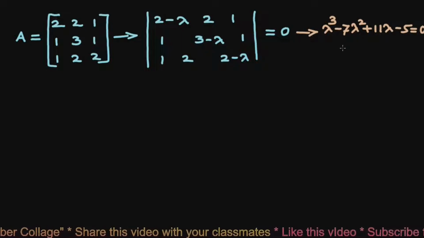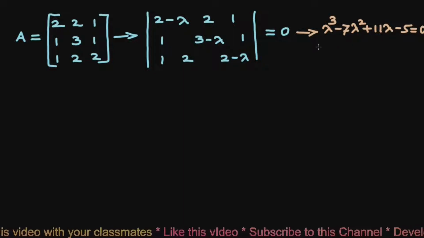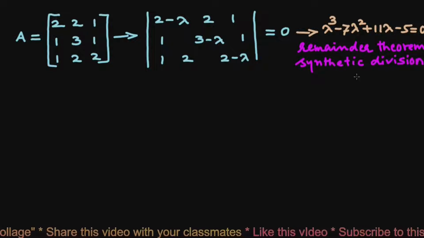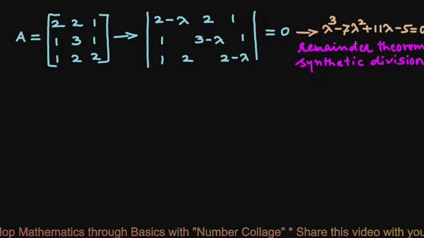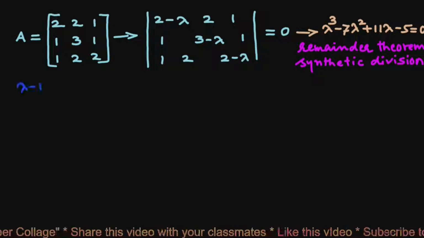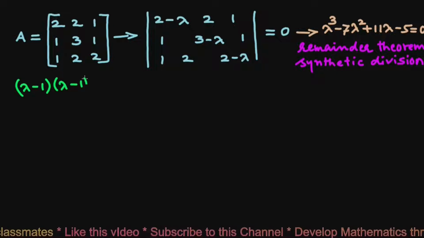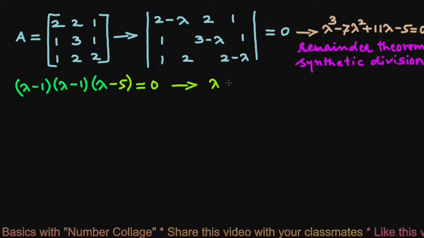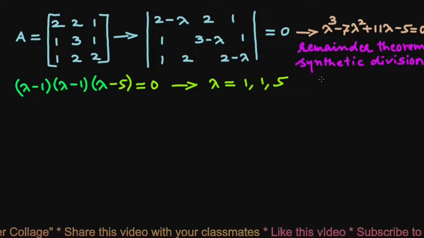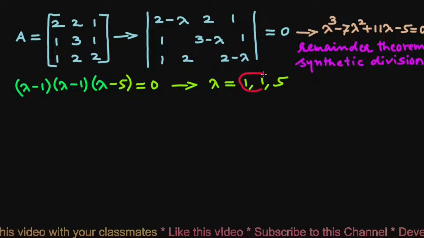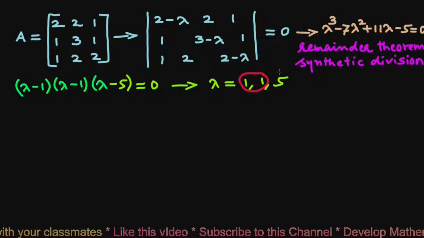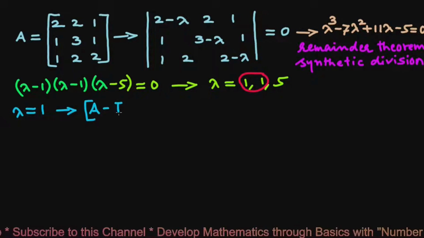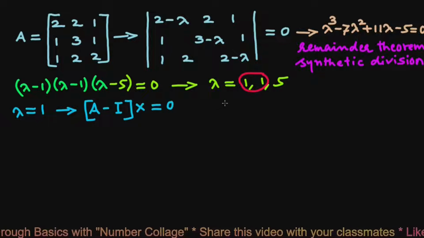This cubic polynomial can be factorized by using the remainder theorem, and after that by synthetic division, which I have discussed in my previous video. So the factors of this cubic polynomial will be (lambda minus 1) into (lambda minus 1) into (lambda minus 5) equals 0. That gives us 3 eigenvalues of this matrix: 1, 1, 5, and out of these 3, these 2 eigenvalues are repeated. Now for lambda equals 1, we write (A minus I) into x equals 0, that we write as